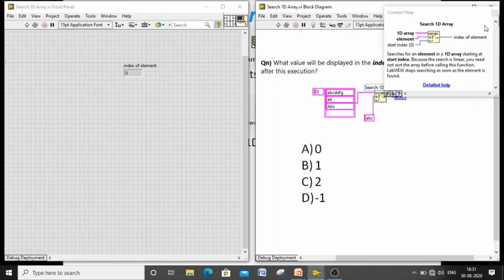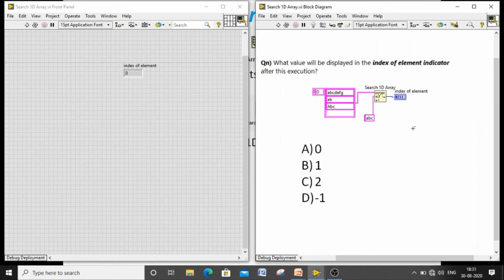Whether you want to minimize execution time or go from the beginning depends on your application. Here it is not matching at all, so you see -1, because none of the elements matched, so the index of element is -1.